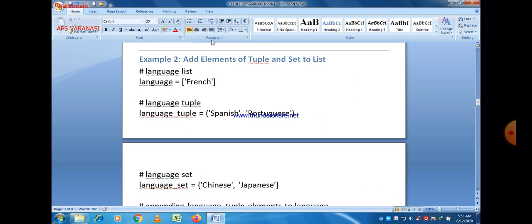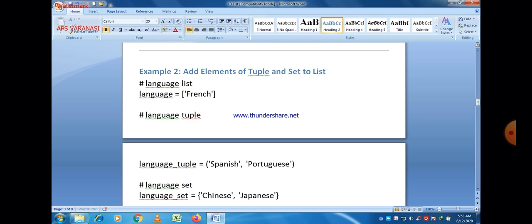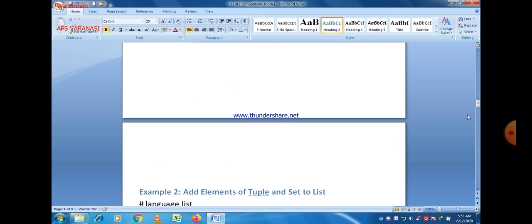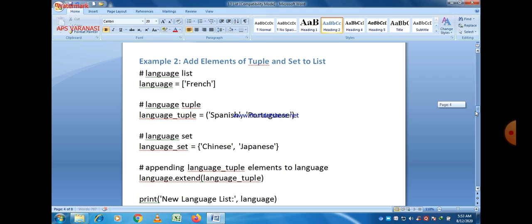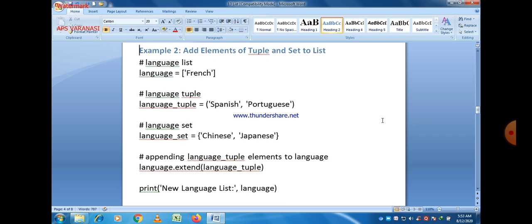Now there is another example: add elements of tuple and set to a list. Here we just try to insert a tuple and a set to a list.